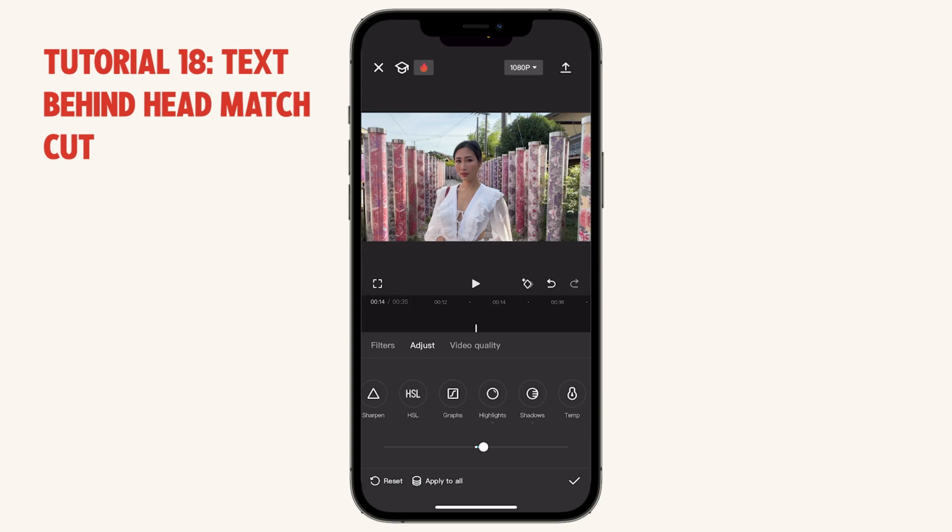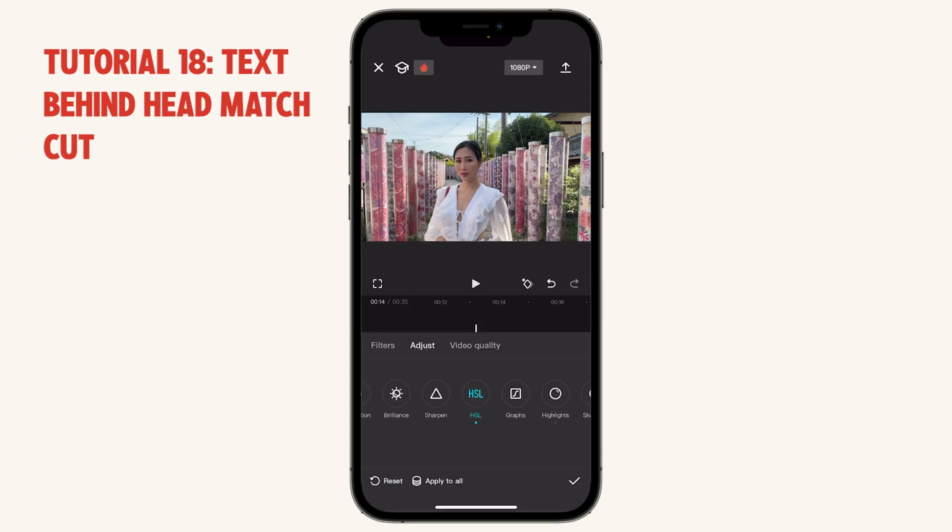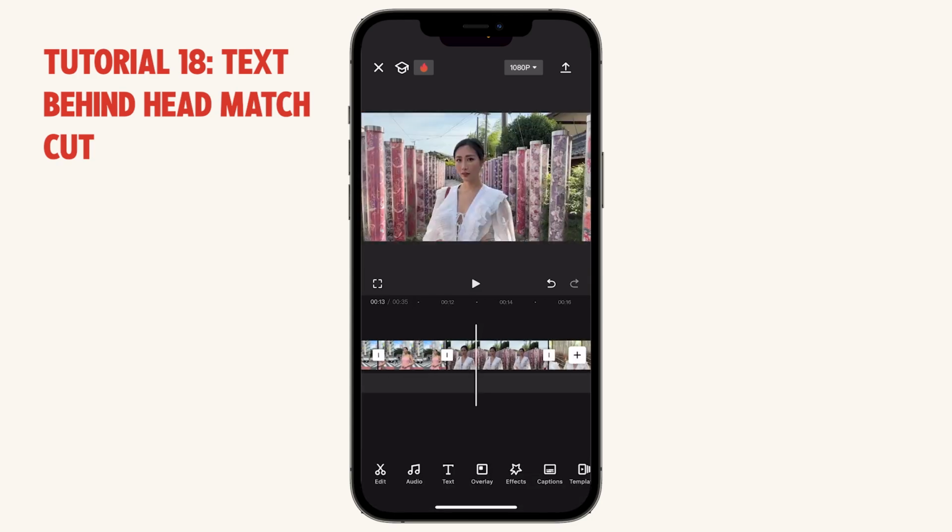And that looks pretty decent. We could also potentially go into HSL and make the orange part brighter. You see how when I scroll it, the skin tone gets brighter. So that could work. We could also go into blue, make that darker to hopefully bring back the sky that's a little bit blown out. No, it doesn't do too much, but maybe this. Okay. All right, that should be good enough